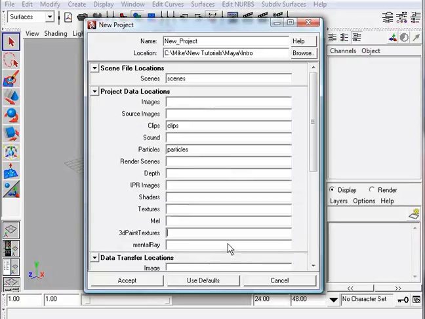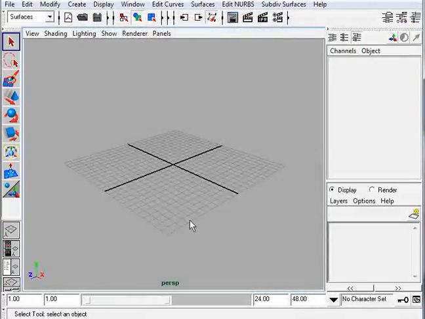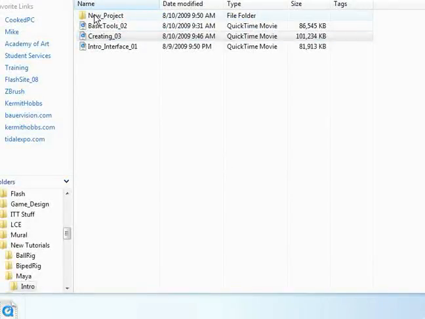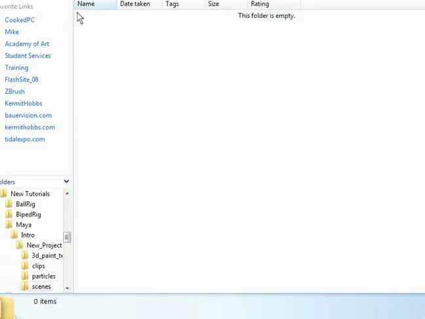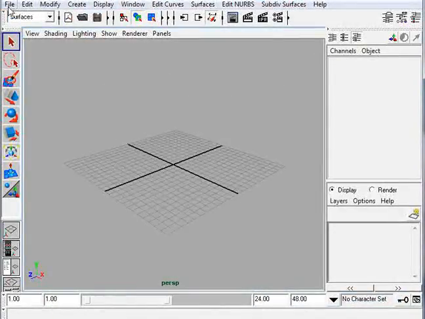3D paint textures, it doesn't really matter as long as you understand what it's looking for. So we'll just go ahead and say accept, and you'll see now, here's our new project. Here are all the folders we told it to create, and as soon as we save, let's go File,